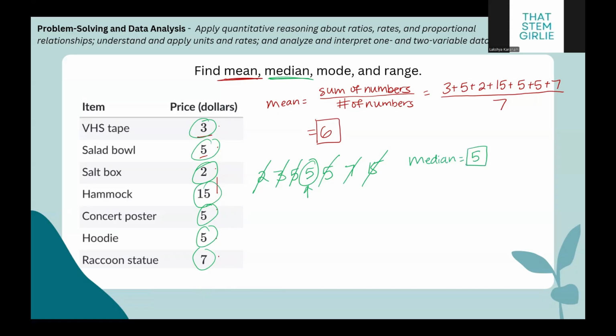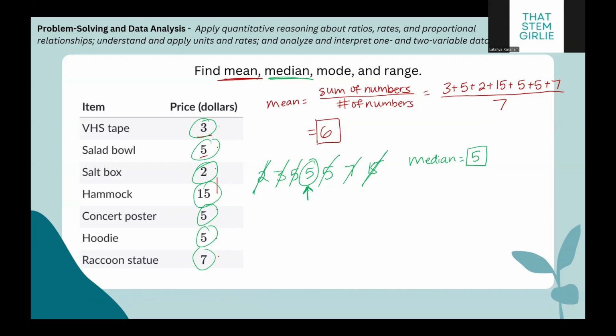So the steps to finding the median is you want to set them in order, right? You want to set all the numbers in order, including the repeats, and then you want to cut them out, first and last pair, next first and last pair, all the way until you end up with a single number. Now, if you have an even number of numbers, you'll notice that you'll have 2, and you want to find the number that's